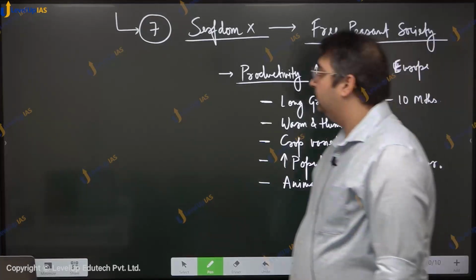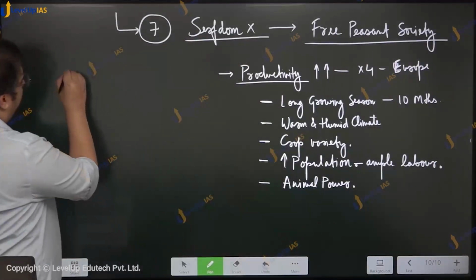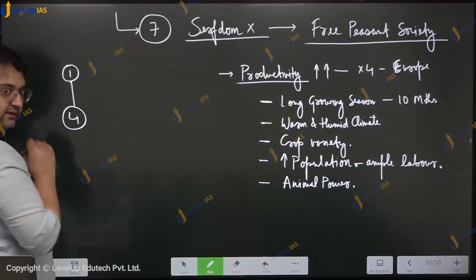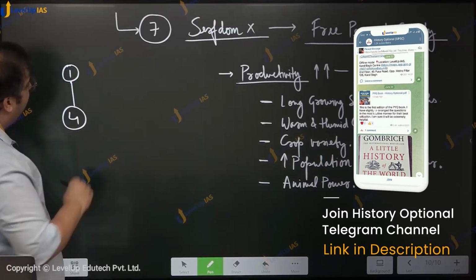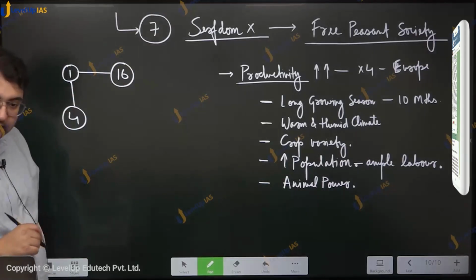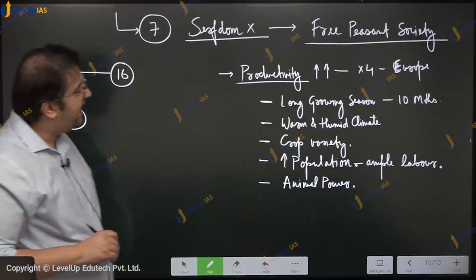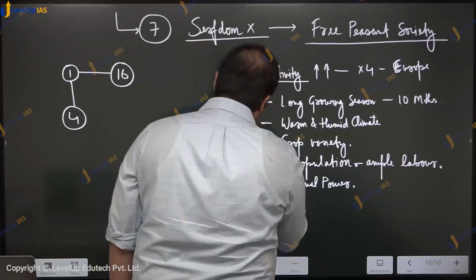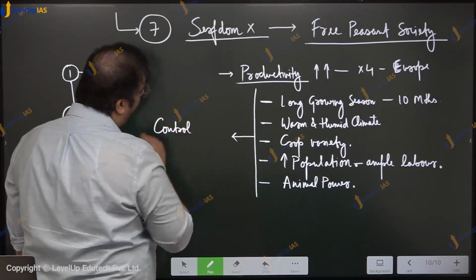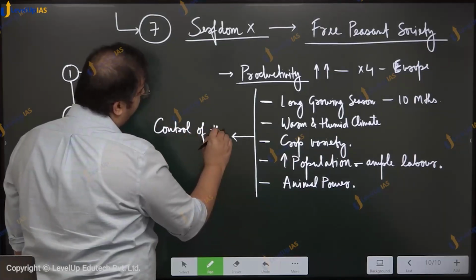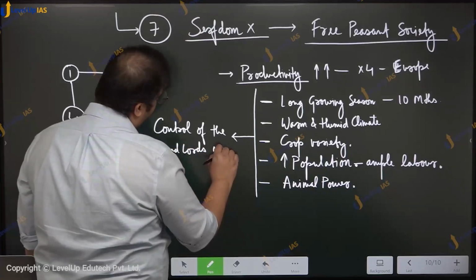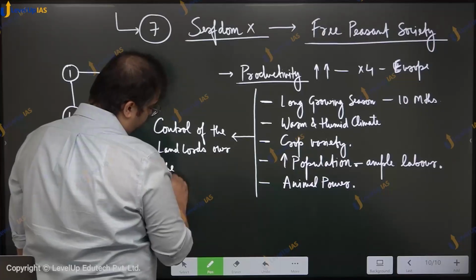Okay? Meaning that in Europe, if a farmer plants one seed, he would get 4 grains when he harvests the crop. In India, one seed would result in the production of at least 16 grains. Okay? And as a result of this, the control of the landlords over the peasants,